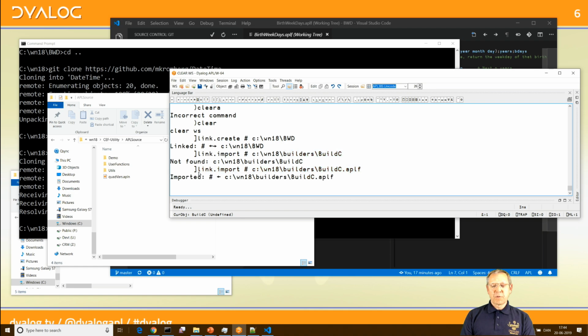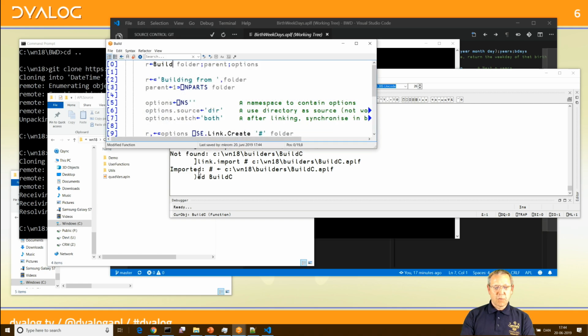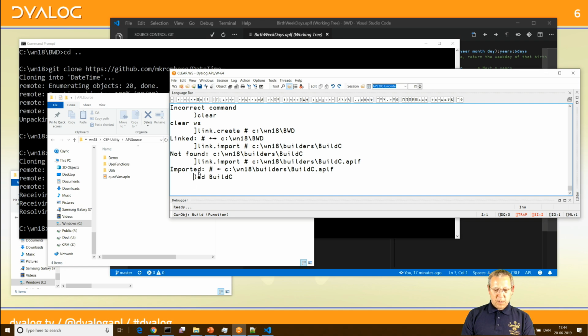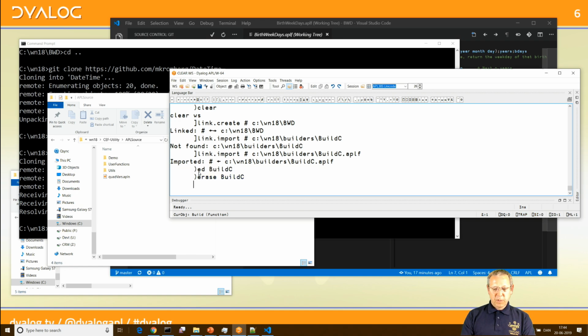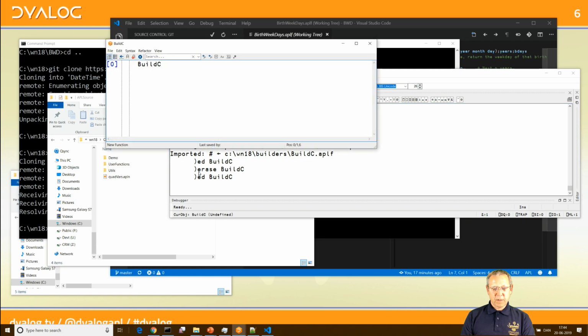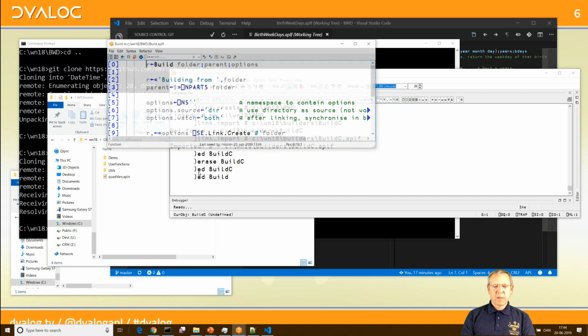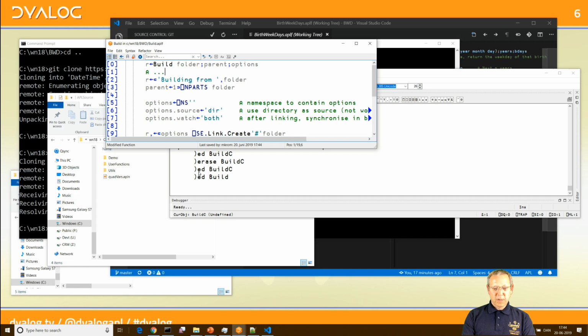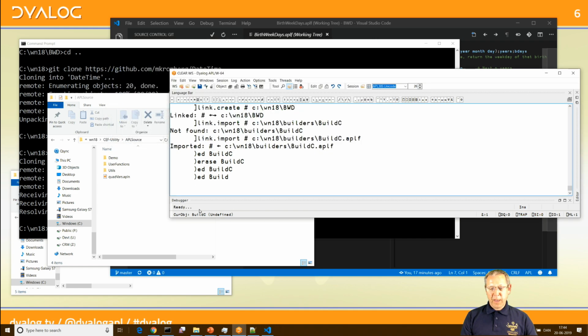As I said earlier, you have to remember the extension. Add build C, call it build, arrays build C. Let me just edit it one more time in case there's some little bugette there. And if I now build with that function,